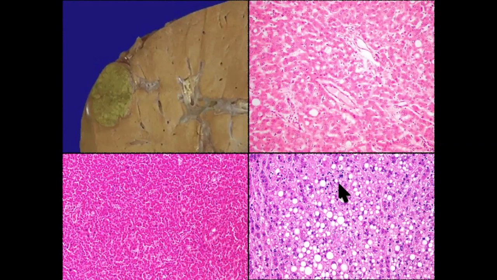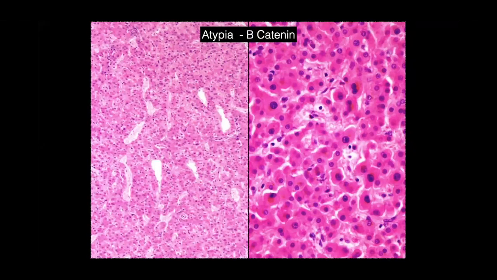Sir, macrovesicular steatosis. So what type do you think? Remember I told you one type is associated with macrovesicular steatosis. The hepatic nuclear factor 1 alpha inactivated type will be associated with a lot of adipose tissue. Okay, Pavitra, a lot of fatty change. Super. Yes, sir. Next case.